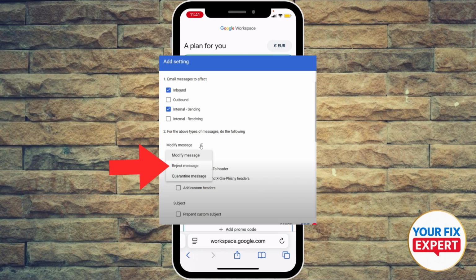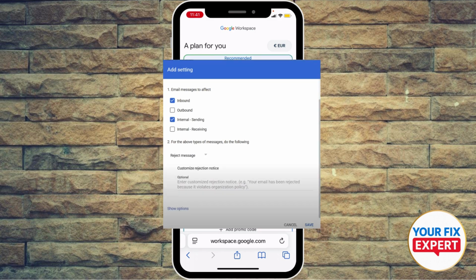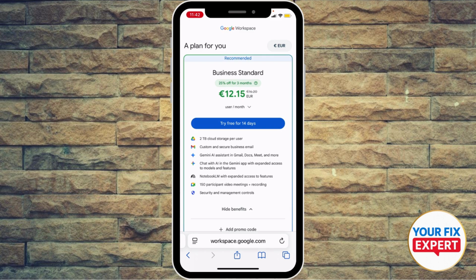And under for the above types of messages, choose to reject message and enter a custom rejection notice, such as this is a system generated email, to make an inquiry, please email a different address. Okay, so quote unquote, this is a system generated email, to make an inquiry, please email a different address. And you're gonna be expecting that once someone tries to send an email, they will be expecting this message to pop